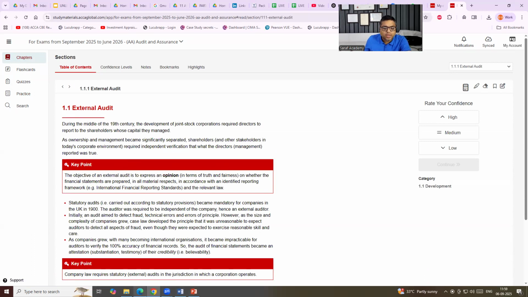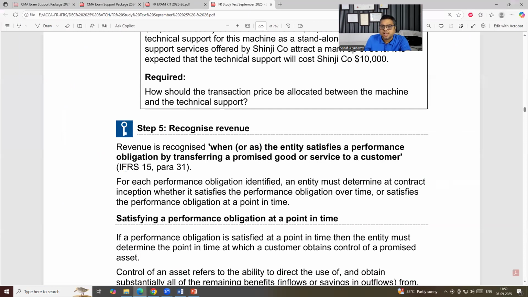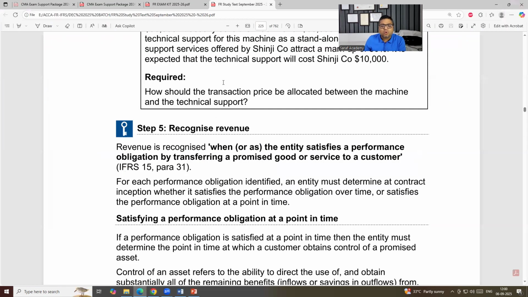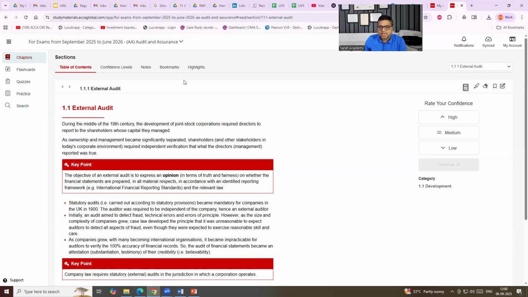What I was showing in Kaplan, this is the Kaplan study text. Whatever is in the Kaplan study text is on the institute website, given by the institute: the entire study module, the questions, practice questions, answers, everything, it teaches everything. Nobody needs to have this Kaplan material. They can refer to this institute material also, freely available for every student once you are an ACCA registered student.